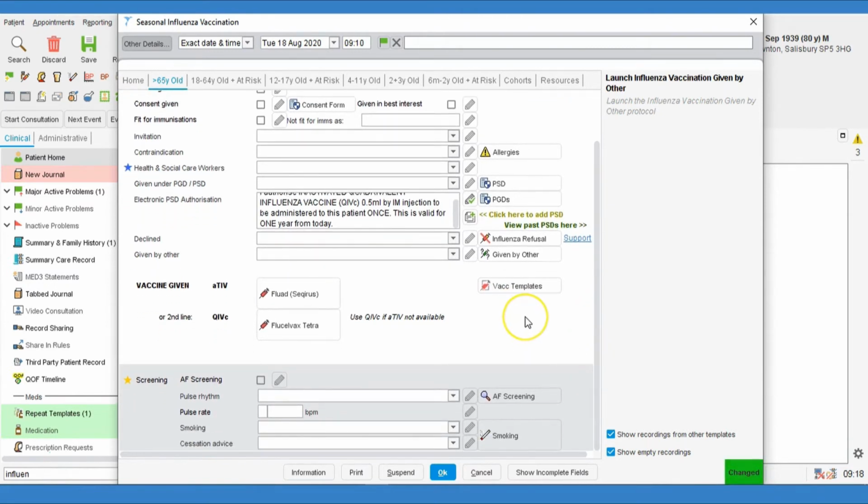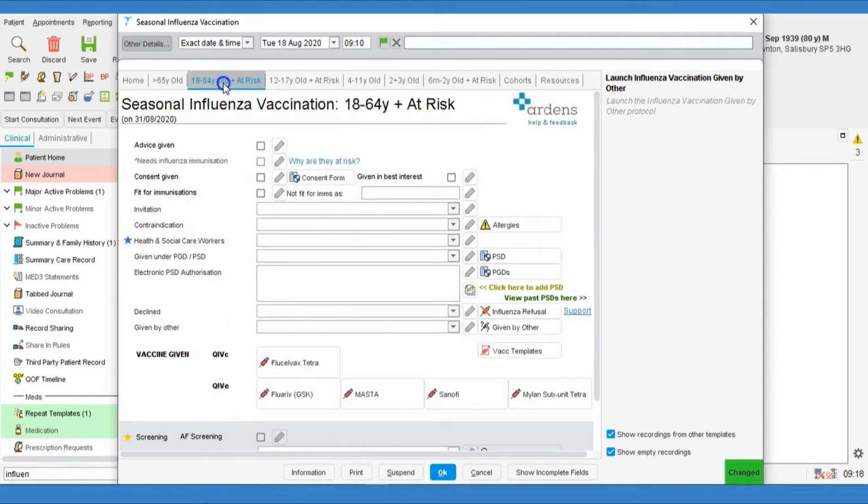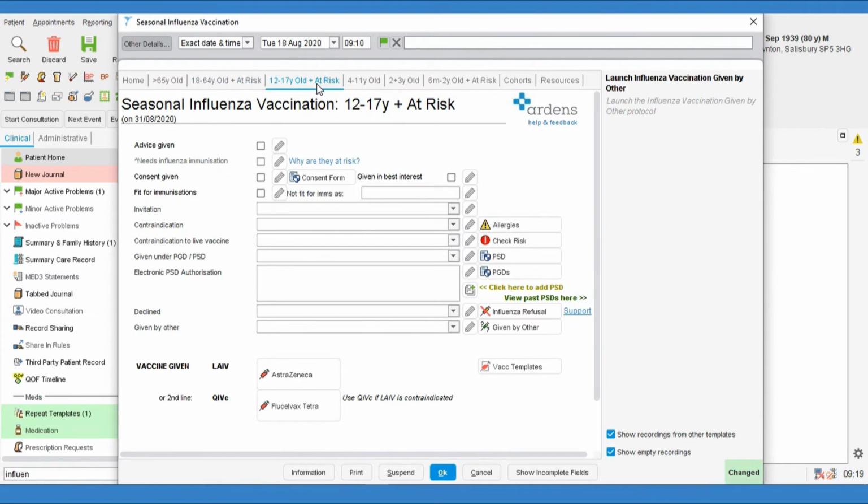And again, the support article covers how to set those up if you're not sure how to do that. And then at the bottom of this one, we've got the AF screening options as well, which you don't have to use, but they're there if you want to. So all of the different tabs are set up pretty much similar to those across the top, but the vaccines are specific to those age groups for that tab. And as you can see, they do change as we go across,